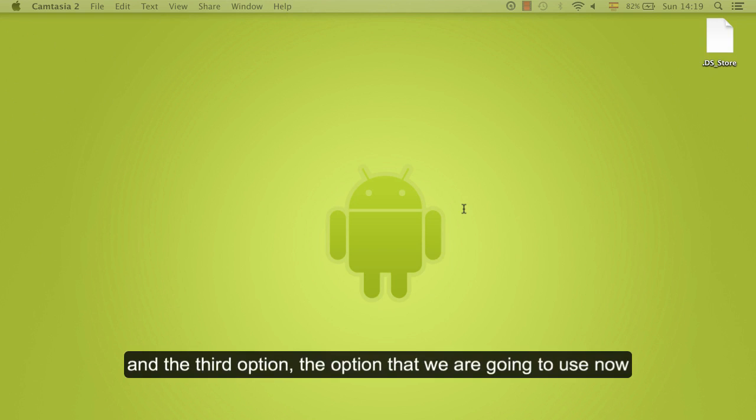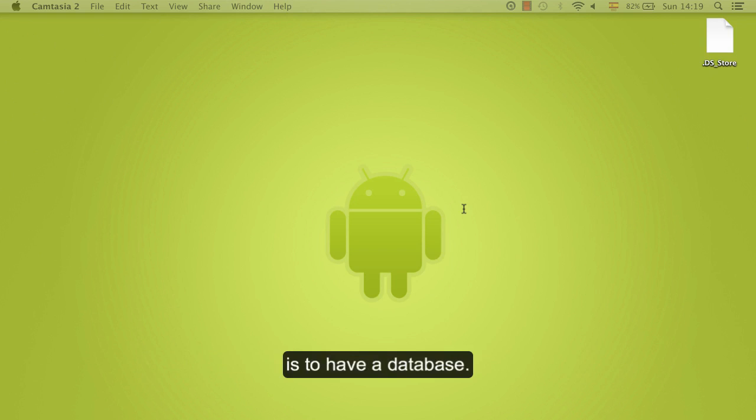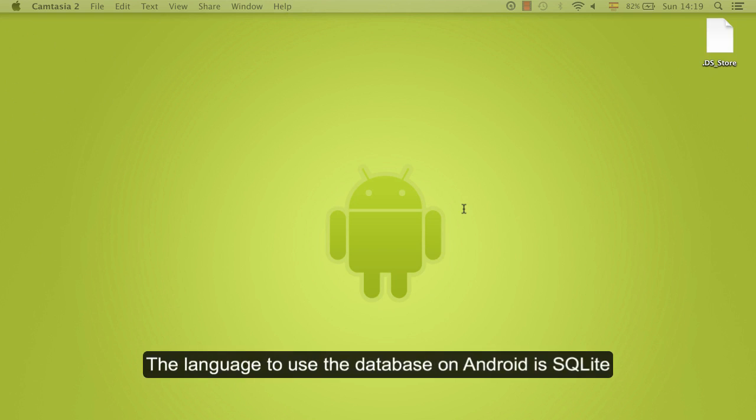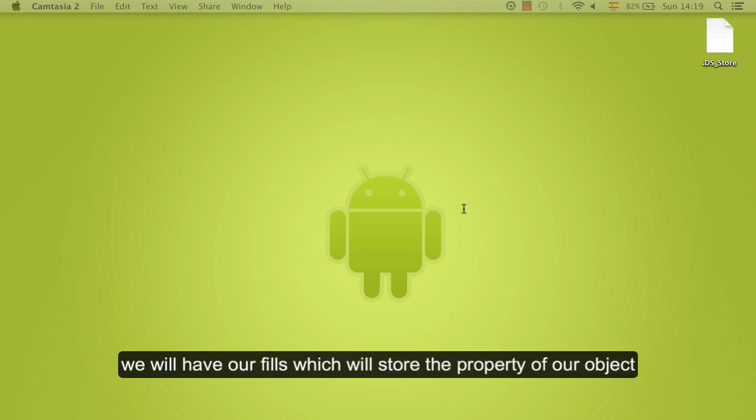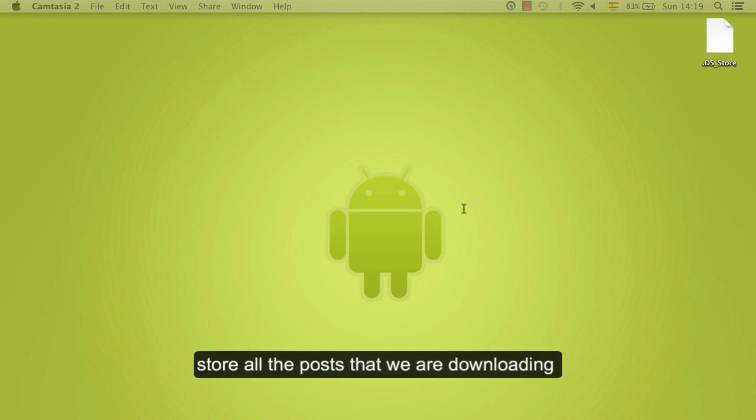And the third option, the option that we are going to use now, is to have a database. The language to use the database on Android is SQLite, which is an extension from SQL. And we are going to define a structure with table. This table will have our fields, which will store the property of our object. So we are going to create a structure that allows us to store all the posts that we are downloading